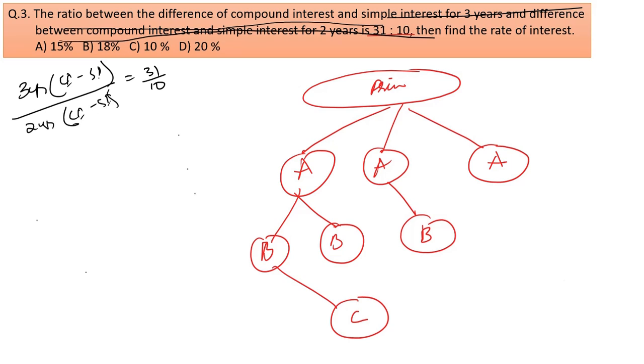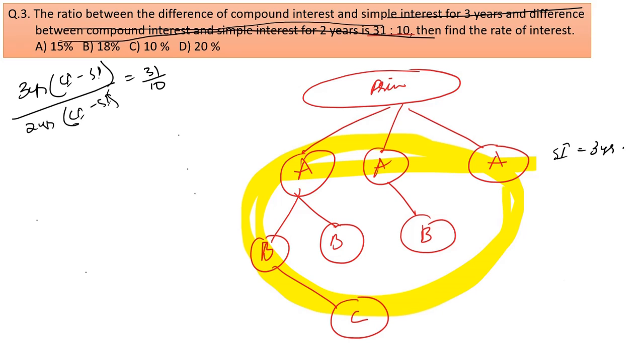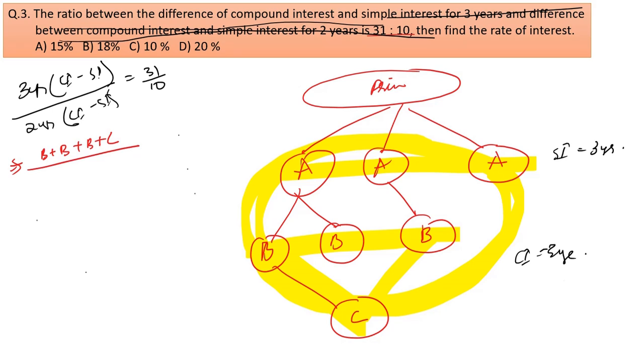Here we know that this one is simple interest for 2 years. Simple interest for 2 years or for 3 years, and this one is compound interest for 3 years. There is the difference between them will be this B, B, B, and C. This one will be the difference. So I'll write here. The difference between them will be B plus B plus B plus C divided by, and then for 2 years